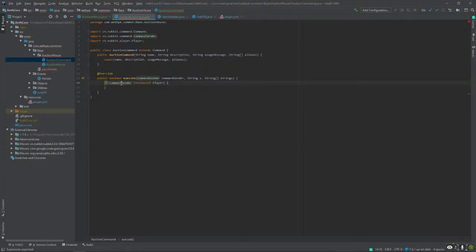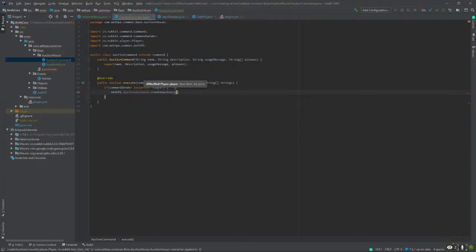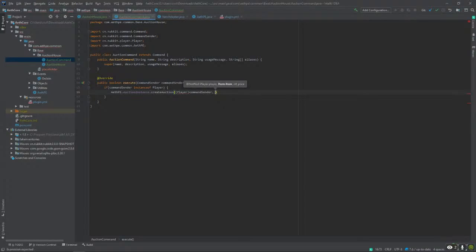Oh, I'm stupid for that. So now if I use main dot auction instance dot create auction of player instance of command sender, and then wait, actually I should just overall create a player instance of the command sender.